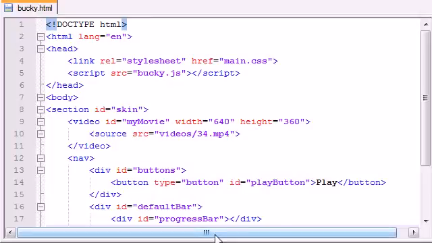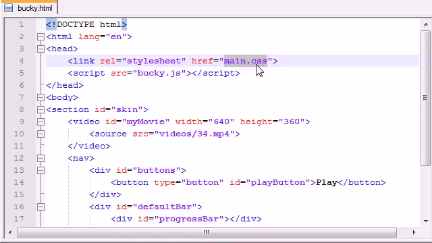Alright guys, welcome to your 29th HTML5 tutorial, and in this tutorial what we're going to be doing is styling through CSS the look of the video player. So we're not going to be making it work or anything like that, but we're going to be making it look awfully pretty. So the very first thing we need to do is, since we said we're linking to